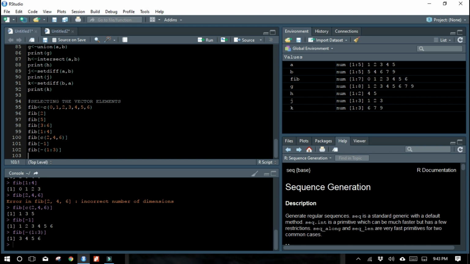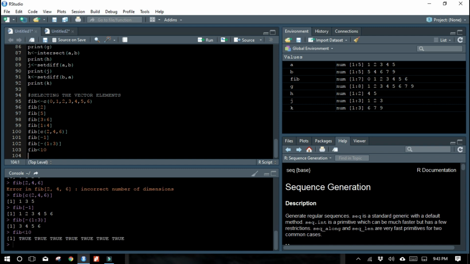So we can use this for logical vectors also. Let me give fib is less than 10. Run this code. What it will do is check each and every element in this vector whether it is less than 10 or not, and it will give the result in logical form, that is either true or false.